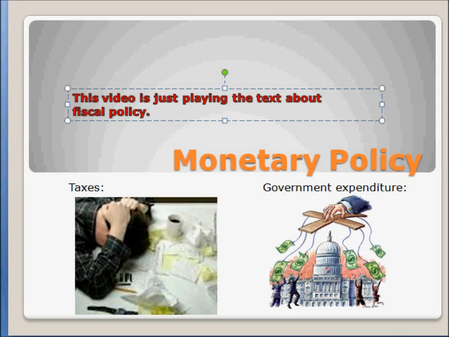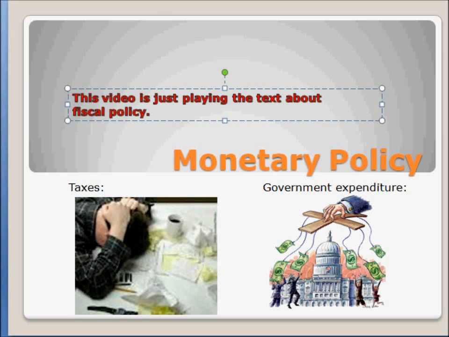Fiscal policies, which include taxation and government spending, are changed by the government in order to achieve the economic objectives of the government. Fiscal policy is also called supply-side policy, because it aims to influence aggregate demand. Fiscal policies are divided into two groups: reflationary, which aim to increase aggregate demand, and deflationary, which are designed to lower aggregate demand. The government is trying to make aggregate demand equal to aggregate supply in order to achieve economic